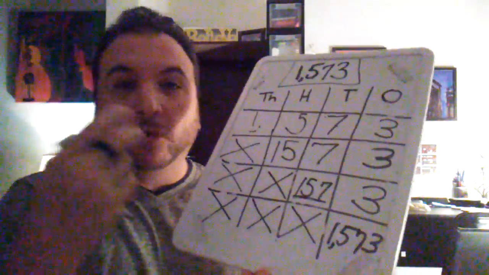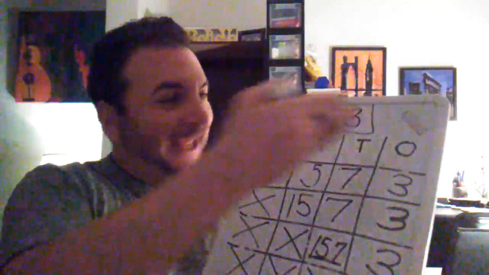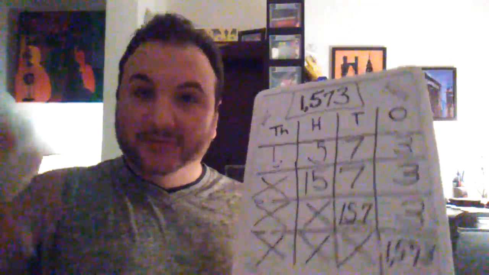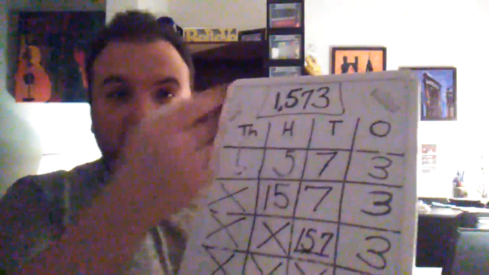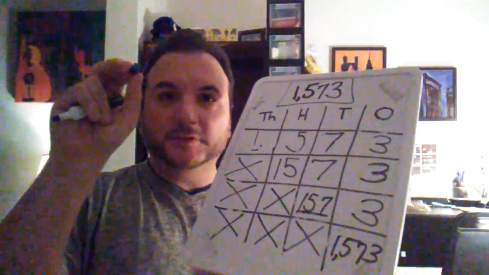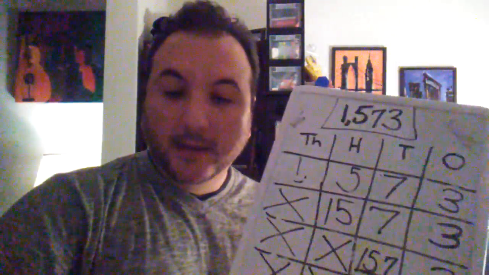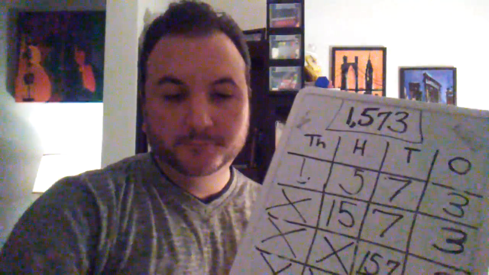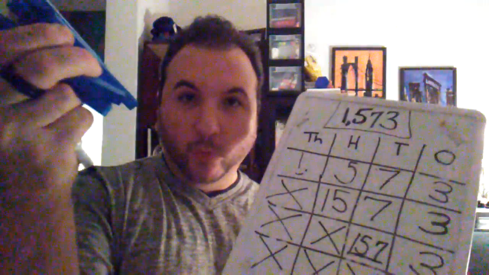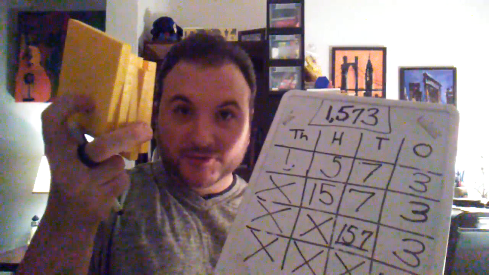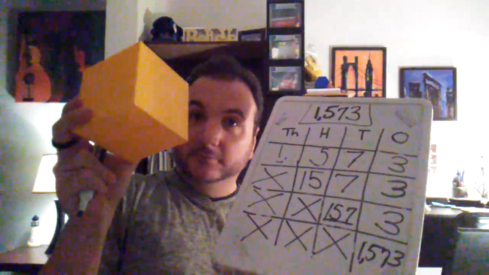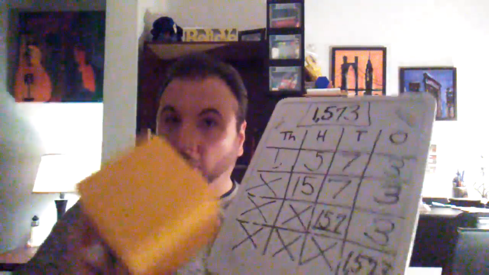Right? Because remember, the number of ones in a number, no matter how big, is the same as the number itself. 1,573, I would need that many ones. Here are my 3 ones. If I broke these apart, here are 70 more ones. If I broke these apart, here are 500 more ones, just glued together, broken apart. If I needed the rest of them, here's 1,000 more ones, glued together to make this, and broken apart to show you